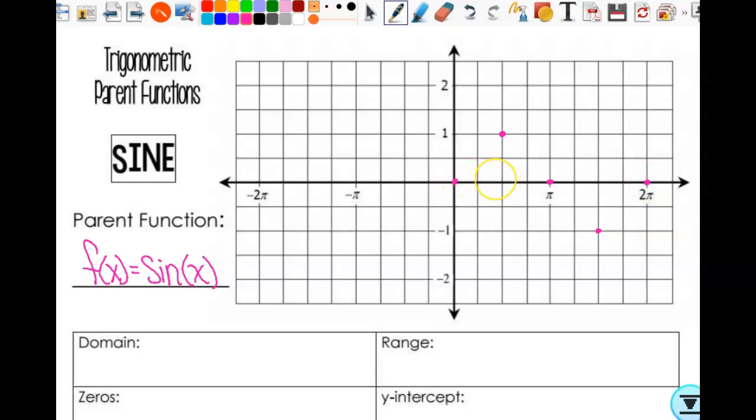Now, do we know what's going on between 0 and pi halves? Absolutely, right? We have 1/2, square root of 3 over 2, square root of 2 over 2. But being a parent function, if I know the general shape, do I really need to plot those other points to understand what's happening? I really don't, do I? We did on here so we could really create what was happening, but I don't have to plot them every single time. When I go from here to here,